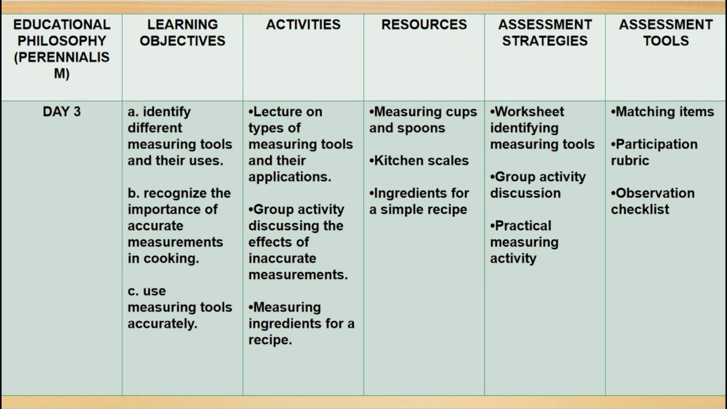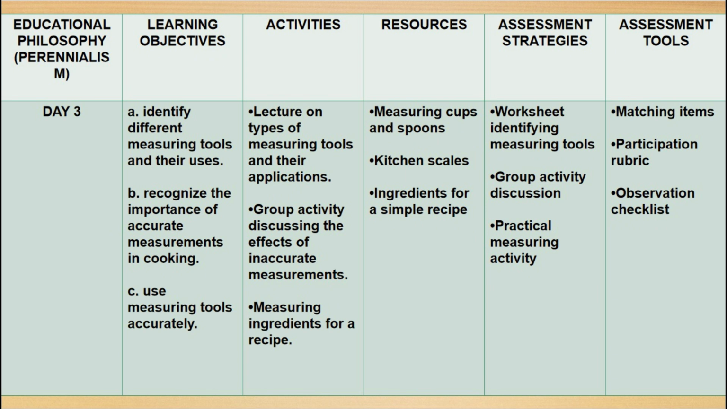In assessment tools, we have matching items, participation rubrics, and observation checklist. Under the assessment tools, we have here the cognitive, affective, and psychomotor. So in matching items, the description is a worksheet where students match measuring tools with their correct uses. These tools assess a student's knowledge of different measuring tools. And the example of that is: match the following tools to their uses: measuring cups, measuring liquids; measuring spoons, measuring